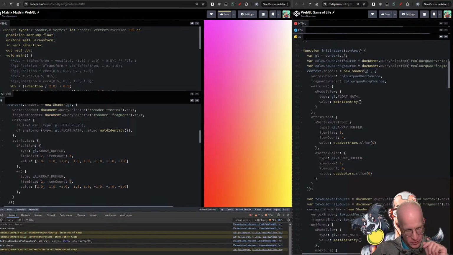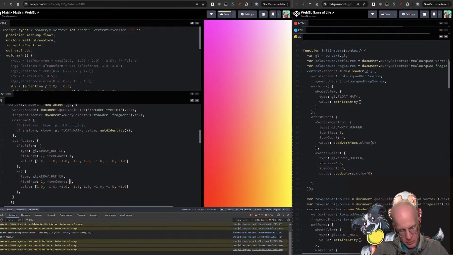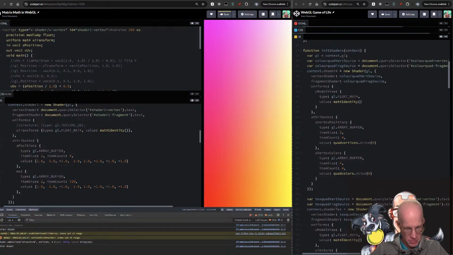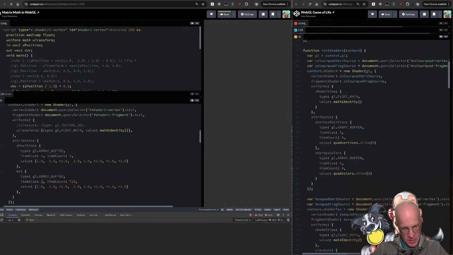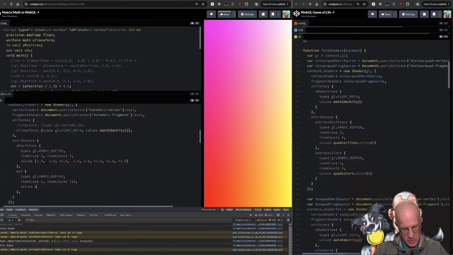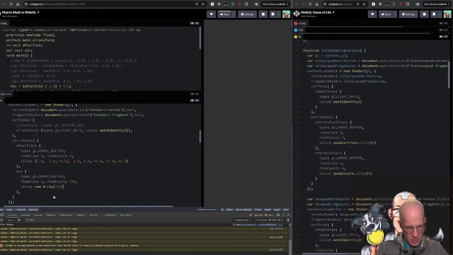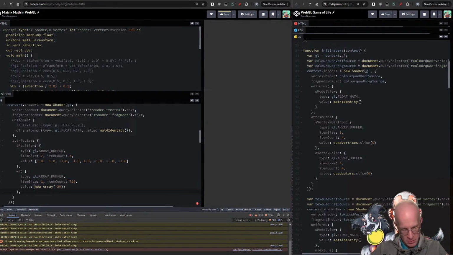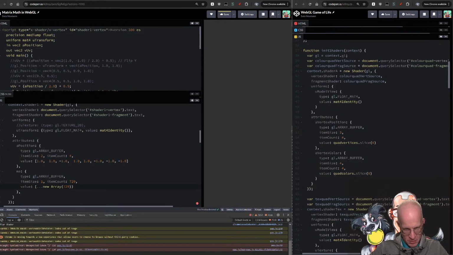We'll do 729, item size 1. We'll just say new array 729, dot map